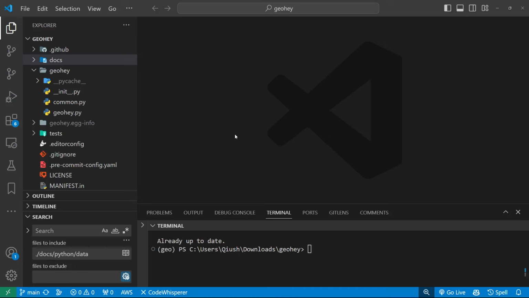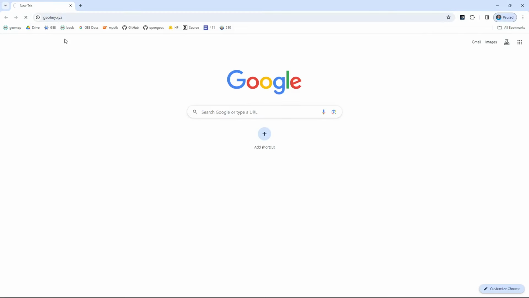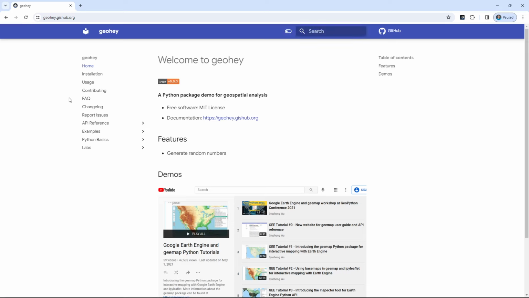All right. So today I want to cover how to add some documentation. Last time we covered how to visualize vector data, and now after you push to GitHub, some of the functionalities should now be coming up on the notebook. So let me go here quickly, GeoXYZ, and what I want to show you is in the API reference,